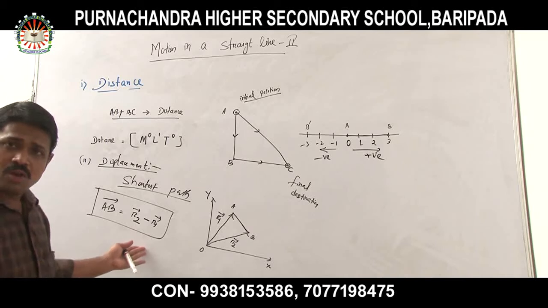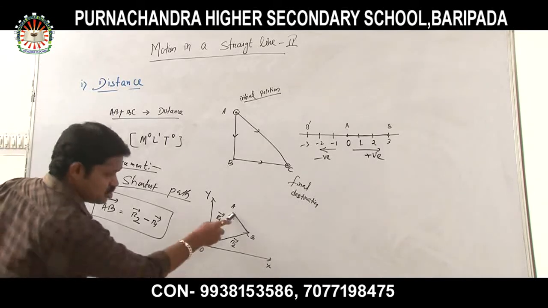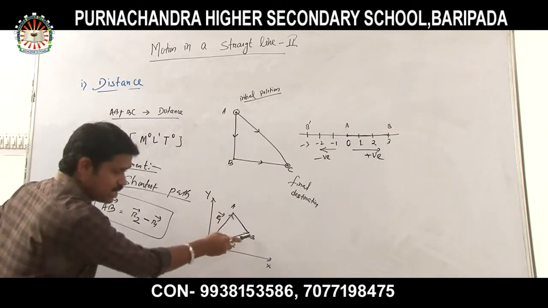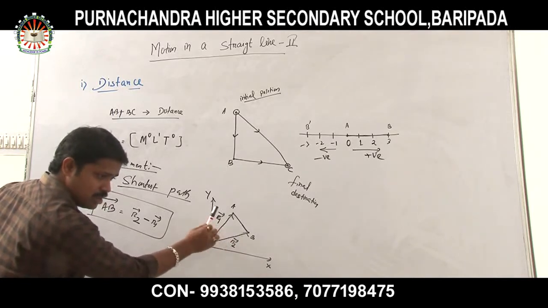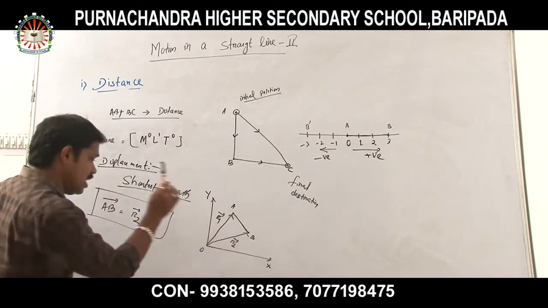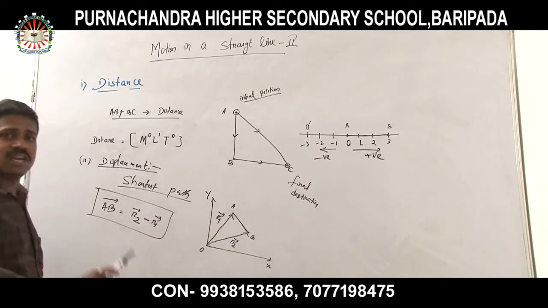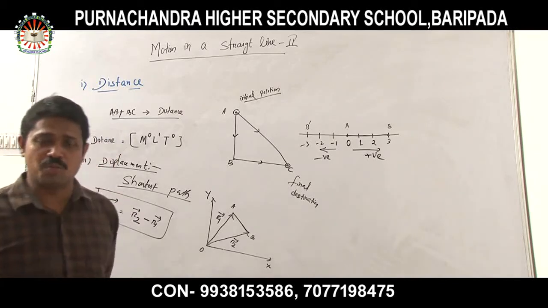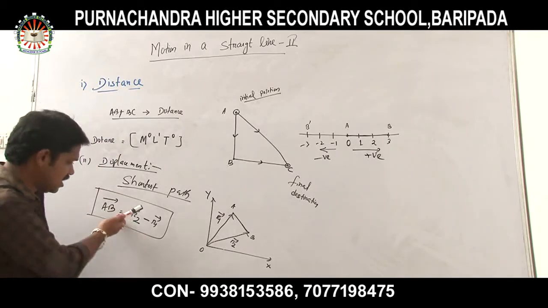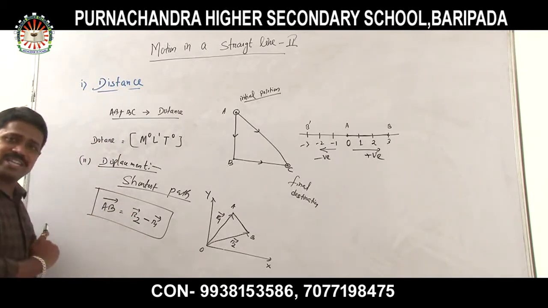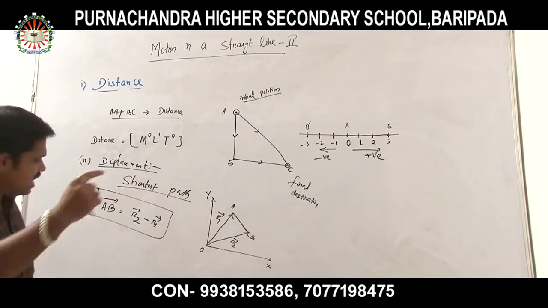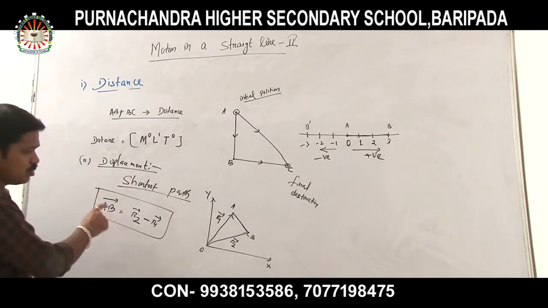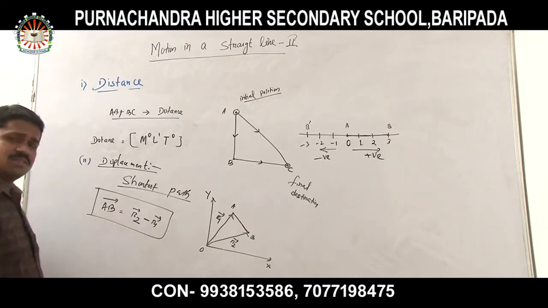Clear all of you? Look very carefully. So this is one position vector. This is another position vector. So this is the change in position vector. This is very important. So the change in position vector gives me what? The displacement in between the 2 points. This is very simple. This is the representation. So it is nothing but the shortest path in between which 2 points? Point A and point B. So AB position vector is equal to R2 vector minus R1 vector.